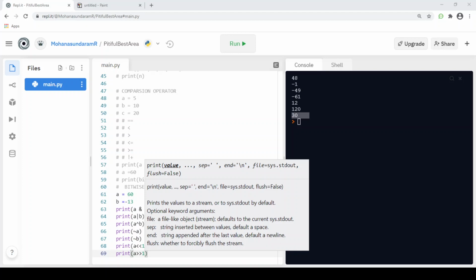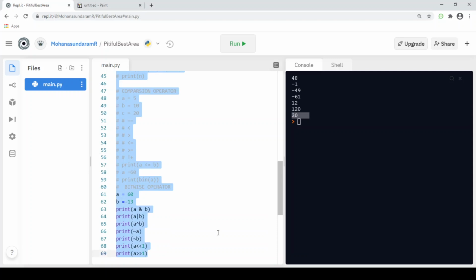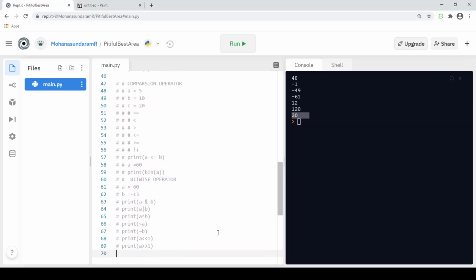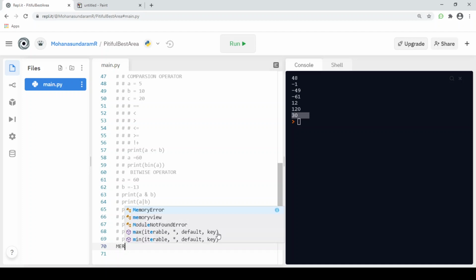I'm going to comment everything. Our next operator is the membership operator.